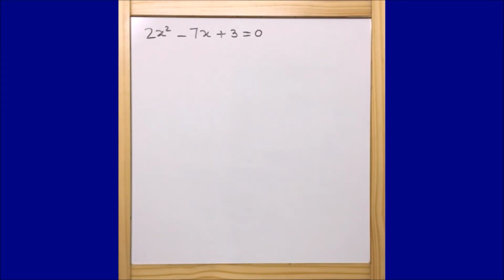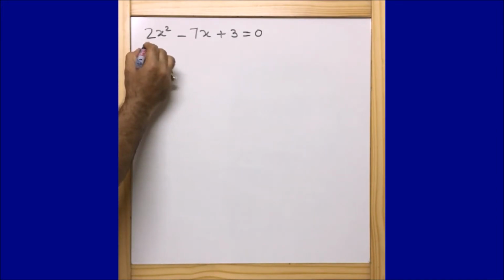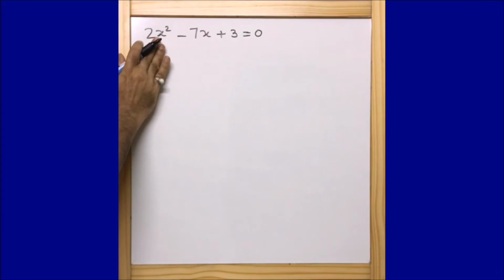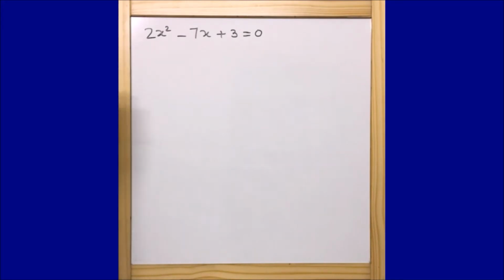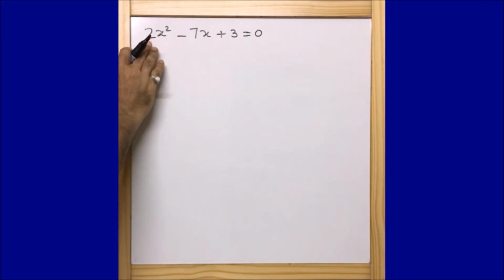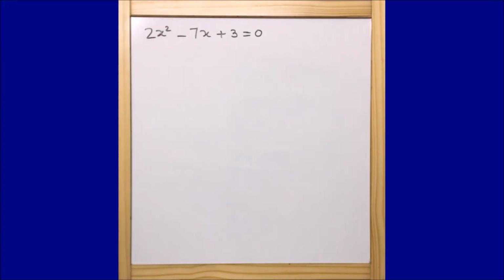Now guys, what we need to do? For working out this completing the square method, we should always see that the coefficient of x^2 is a perfect square. Here the coefficient is 2. If it is a perfect square, then that's fine. If it is not, then we need to make it a perfect square. What do I mean by perfect square? Here you could see it is 2x^2, and I will say that it is not a perfect square.